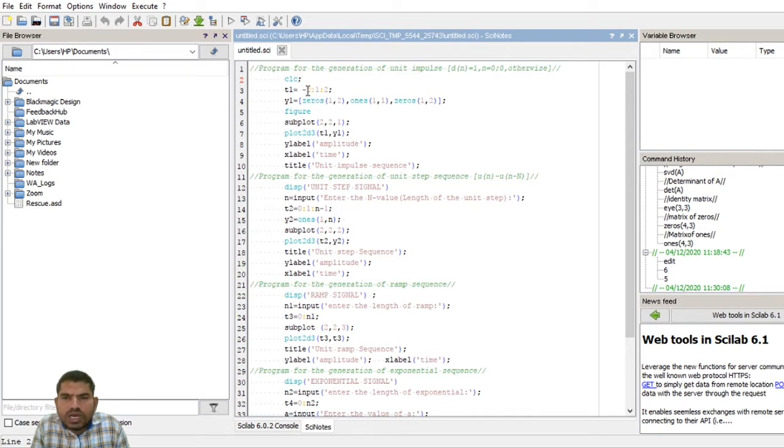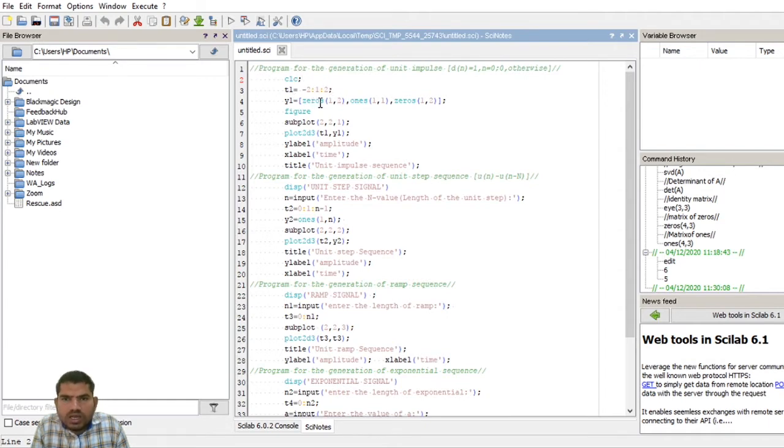That means -2 and -1 are zeros. Are you understanding or not? In the first row, the first two elements, -2 and -1, are zeros.